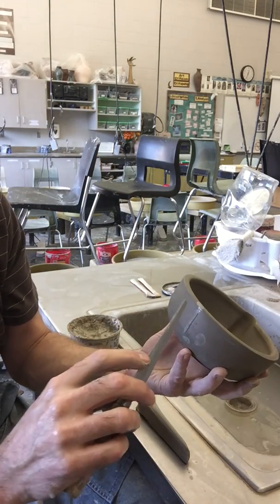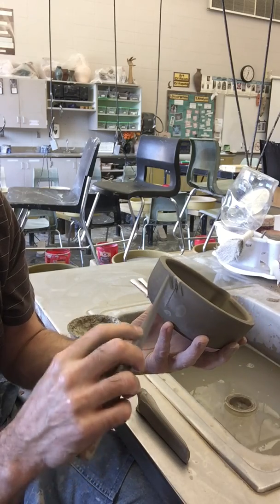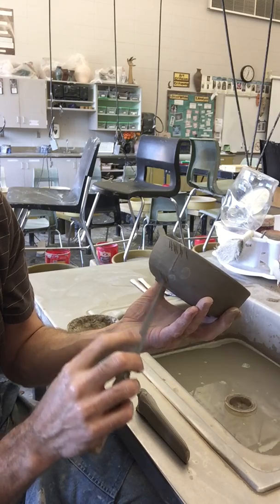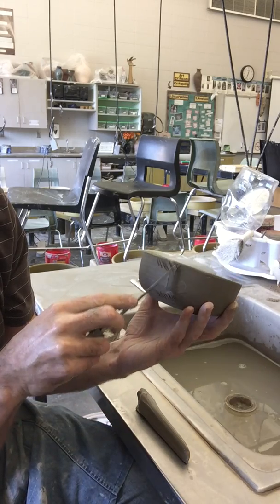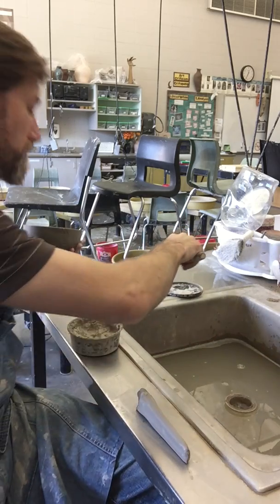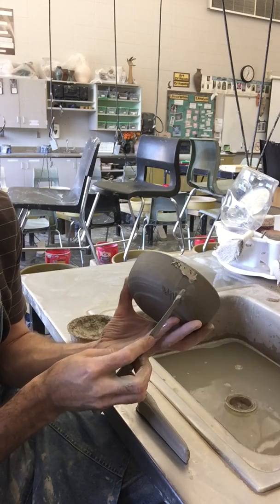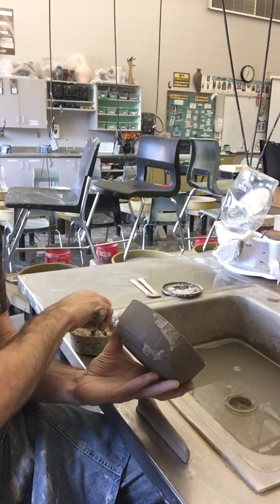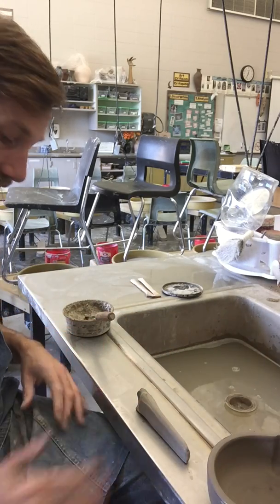I'm going to slip and score the top where I intend to attach it, and I'm going to slip and score the bottom where I intend to attach it. I slip. Remember, slip and score both the bottom and the top, and you can clean up those edges later. Okay, I'm going to set that down, dry my hand off,